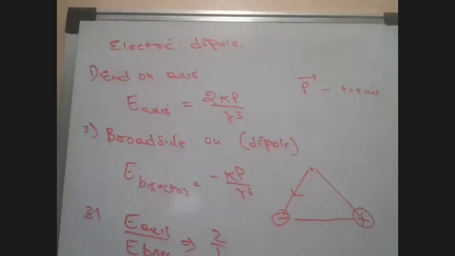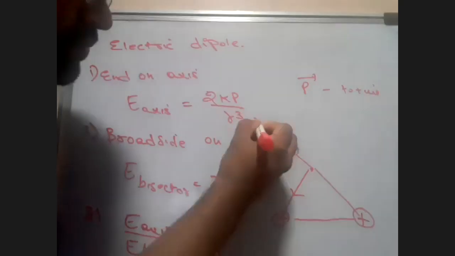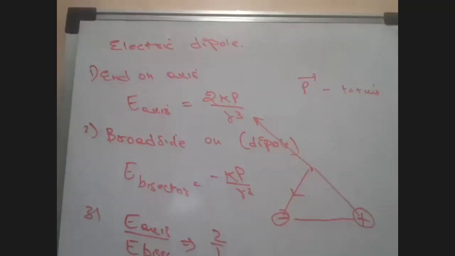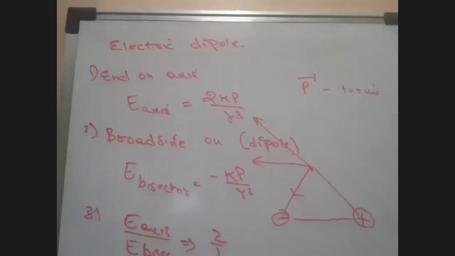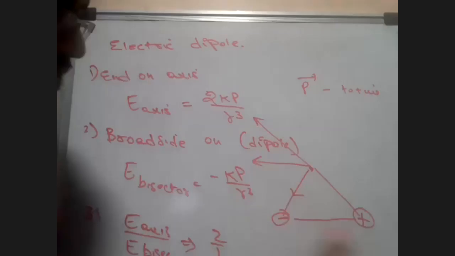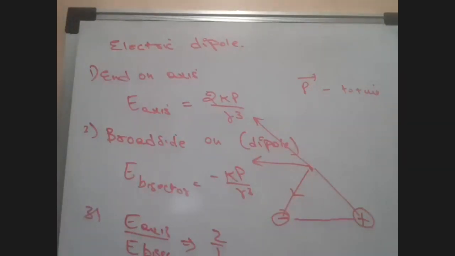What is going to be the effect of a positive charge on it? Is it going to repel or attract? It's going to repel. So it is going to be in this direction. So where is going to be the net electric field intensity? Opposite the x-axis? Yes, sir. Okay. So the electric field intensity is always going to be in the opposite direction to the dipole.